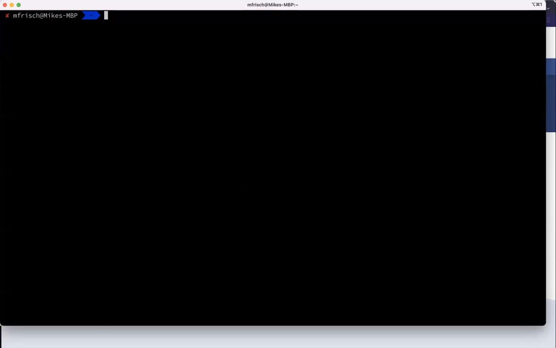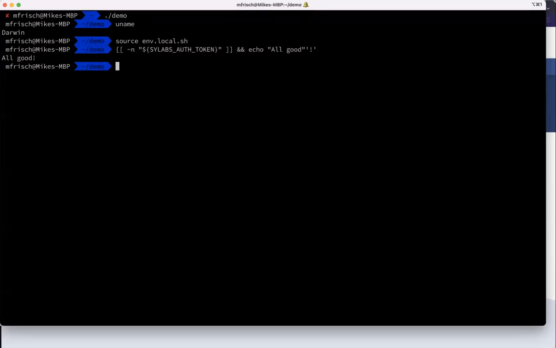Yes. Great. Okay, so as I mentioned, I'm going to do a build on Mac OS. So I've set up my environment here. Basically I have a local Singularity enterprise installation, and I'm going to invoke the remote builder there and do a build from my Mac OS machine, just to show that I'm on Darwin. So I'm going to source my environment variables, and I have a little test there. Don't want to show you my token, but just to show that it's set. And then I'm going to type Docker run